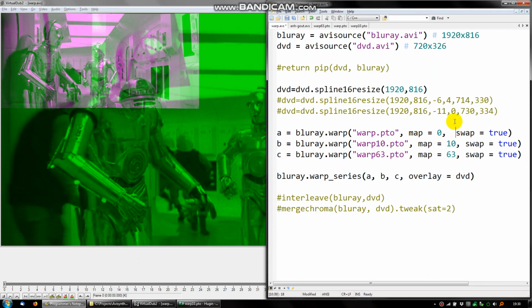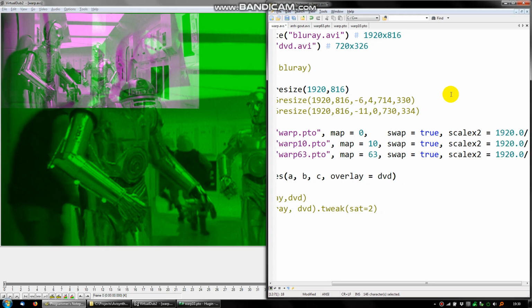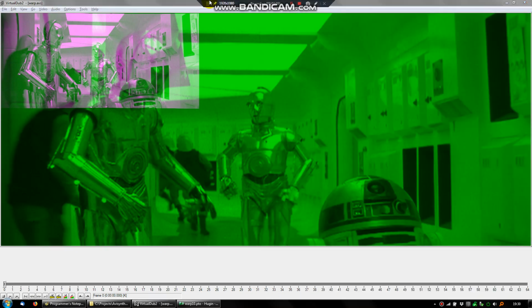Now, rather than have to go back and recreate all these project files again, we can actually use some extra parameters to warp, which can rescale the control points before the warping is done. Now in this case, it's the control points of the second image, because remember we've swapped them over, that we need to remap. We use scale x2, which is the x coordinates for the second image, and we need to scale them up to match the new size of the video, which is 1920, divided by the original size of the video, which was 720. We have to specify 0.0 to make sure that Avisynth treats it as a floating point number. Hopefully, if we refresh,